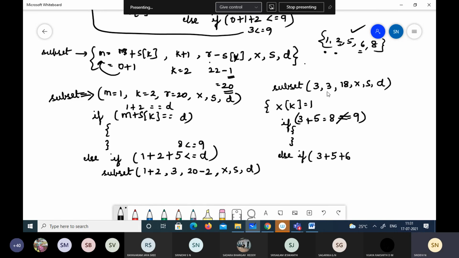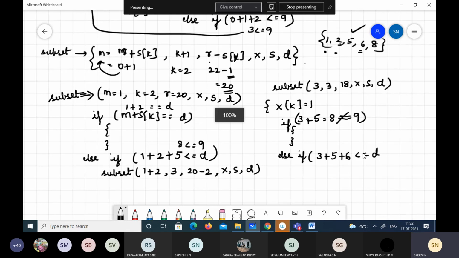See, now there is one more subset function. Now what we should do is exclude this number, isn't it? Now we don't want this to be a part of the subset, because it is 8. To take care of this, we just trace it, we will come to know what's happening. We are selecting the next number and checking whether it is less than or equal to d.